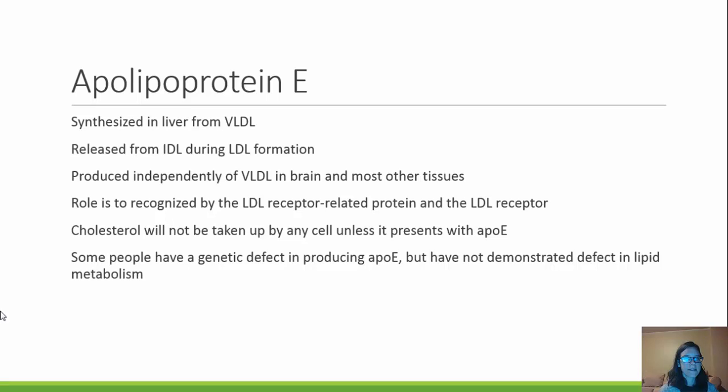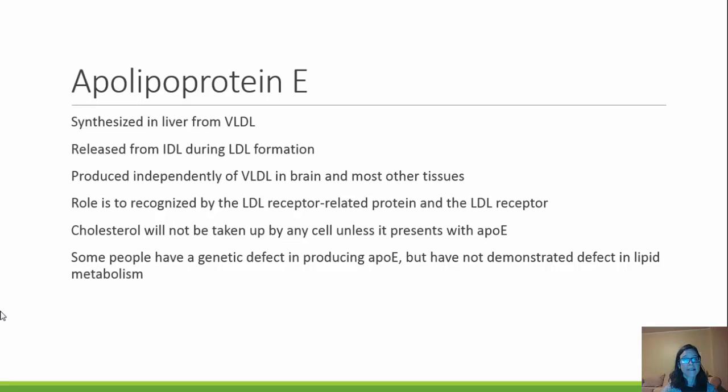Apolipoprotein E is synthesized in the liver from VLDL and released during the formation of IDL and LDL. It's produced independently of VLDL in the brain and other tissues, so it's only synthesized from VLDL in the liver. And its role is that